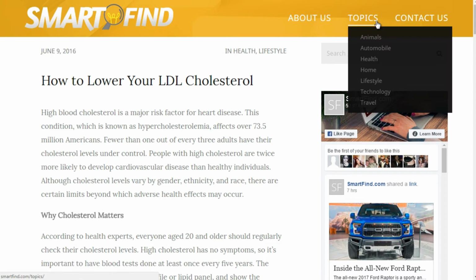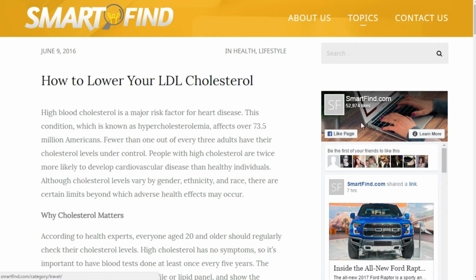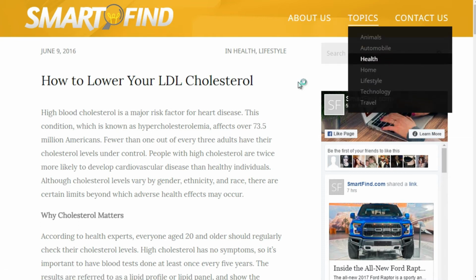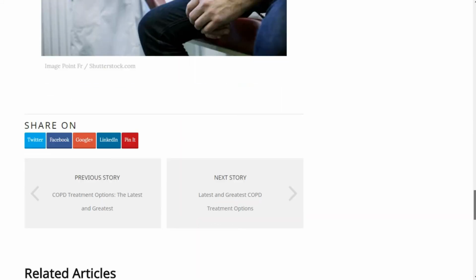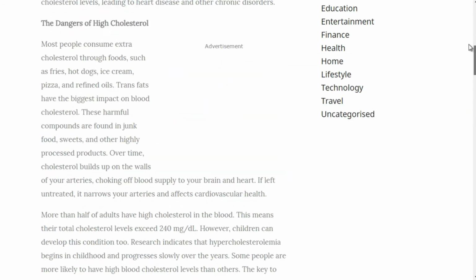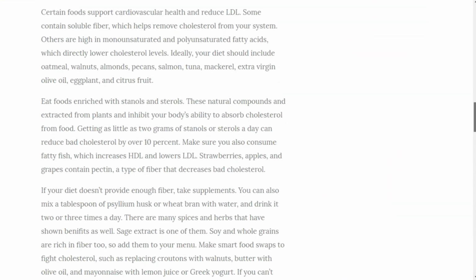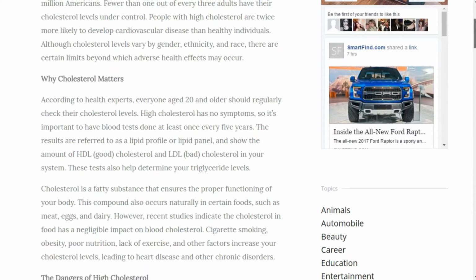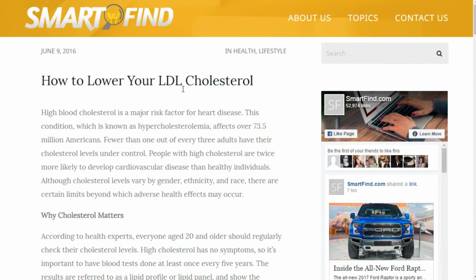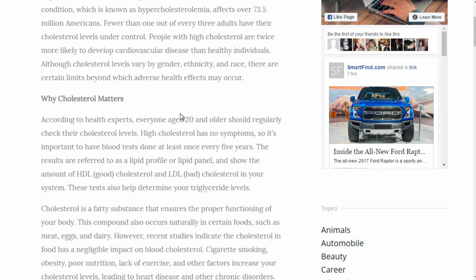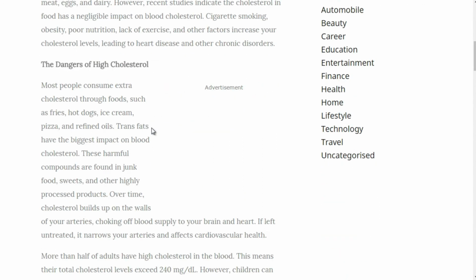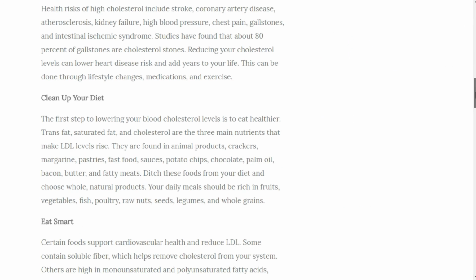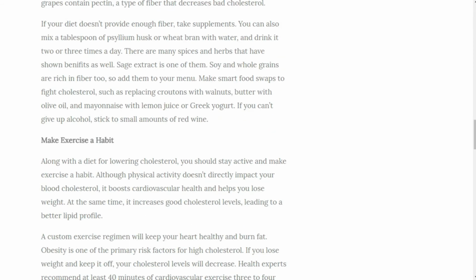Now, if we go to the other blogs and just take a look at how their site is laid out, they have topics, and it looks like they're very, very general. It's not necessarily related to health, but they do have one section related to health. But this looks like it's just an article, and you can see the length of the article is actually quite long. It's a good, decent size article, maybe about 700. No, it looks more like 1,000 words. But nowadays, your articles and your blog posts can actually get to the length of 1,500 to 2,000 words per blog post. And of course, if you have videos, that's good too, to get people to actually stay.